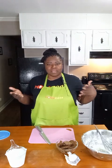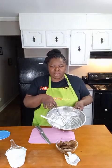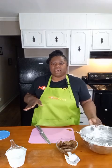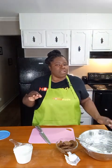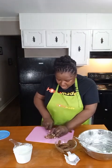Now, you all, this gravy, again, it is super simple. I like to make it if I have leftover sausage. If I have any residue left over in my bowl, if I'm making biscuits, I like to keep that because I use that to mix up my gravy. Because again, the gravy is only flour and it's going to be milk. We are going to add a little water to this as needed to thin the gravy out because we don't want it to be so thick. I am just chopping these up into